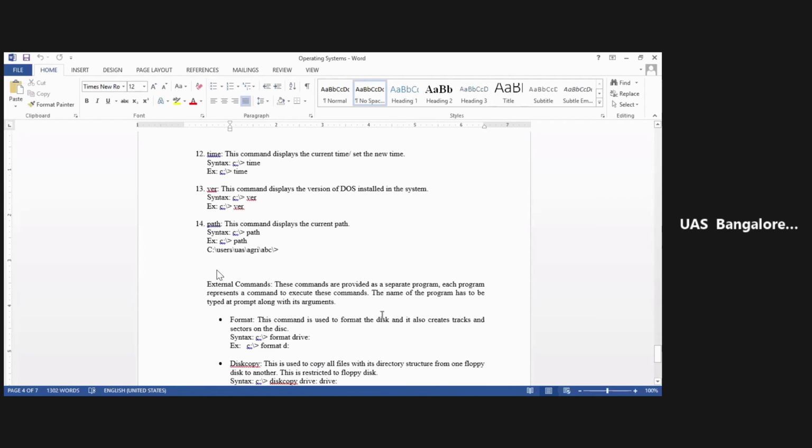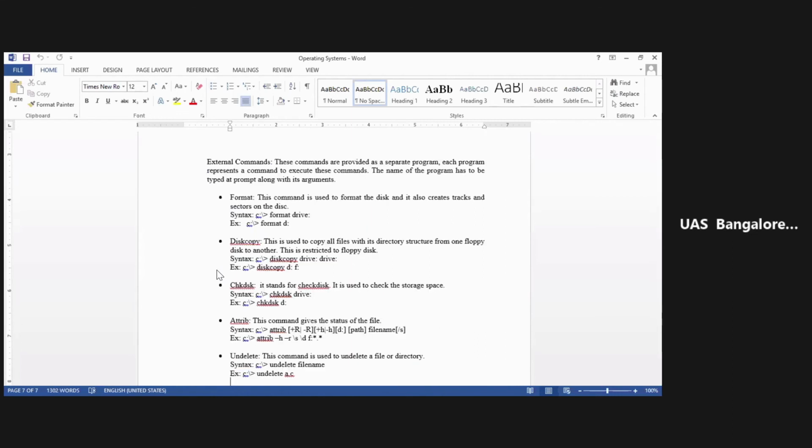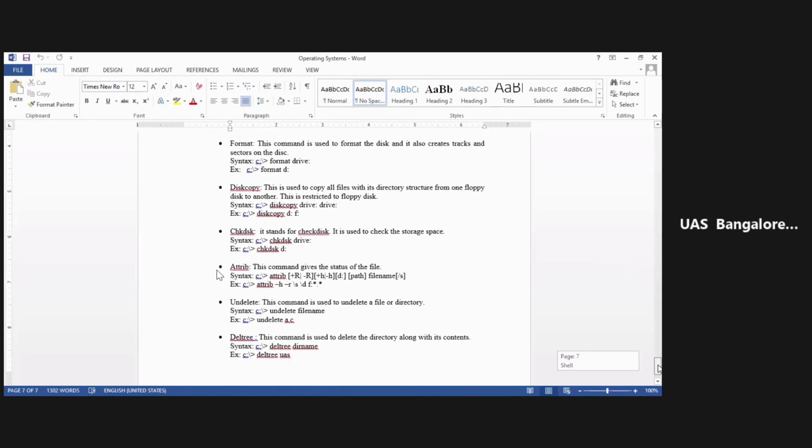One of the students, Deepti TL, has asked to explain the external commands. I'll just explain the external commands. You don't have much.